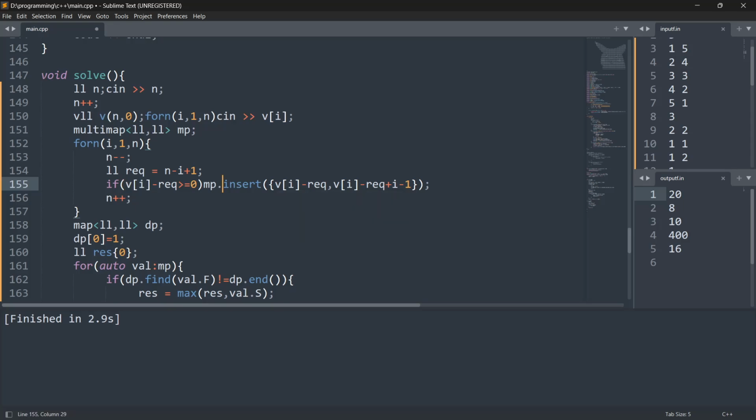So if vi is greater than requirement, what I'm doing is, how many times is it greater? Can I use it in the original array? Do I need to increase the array size by 1, by 2, by 3? By how many times? So how many times is our value greater than requirement? And afterwards, vi minus requirement plus i minus 1. What does it do? If this is how many times we need to increase the array size, this is how many times we will increase the array size. So suppose we pick